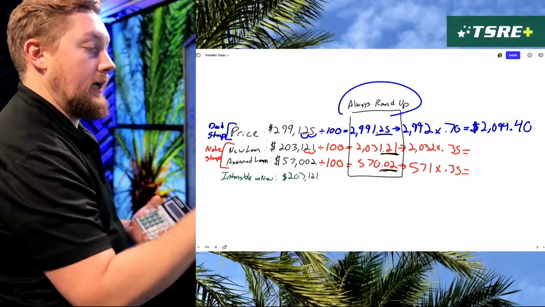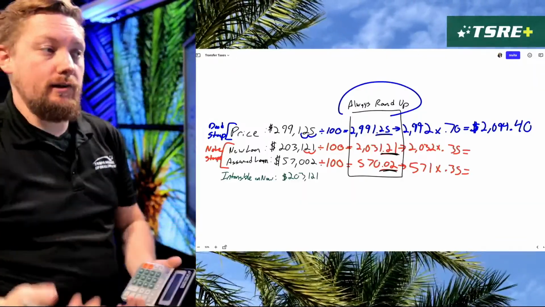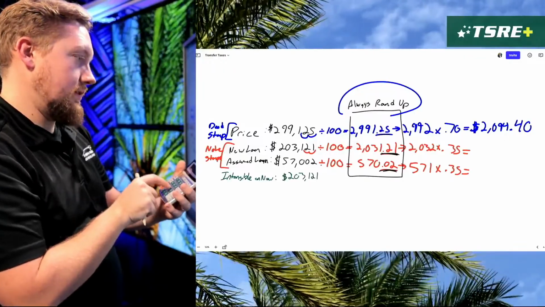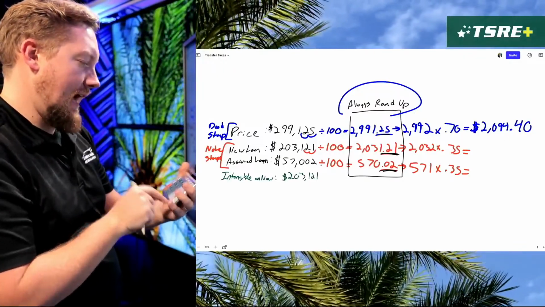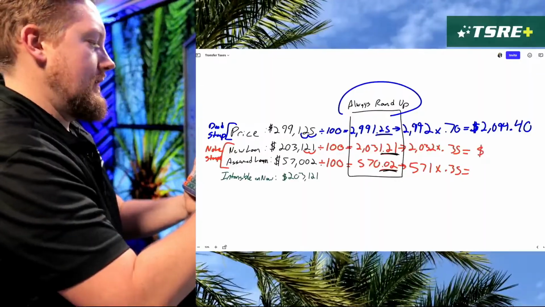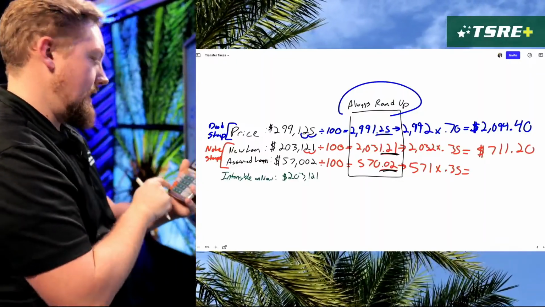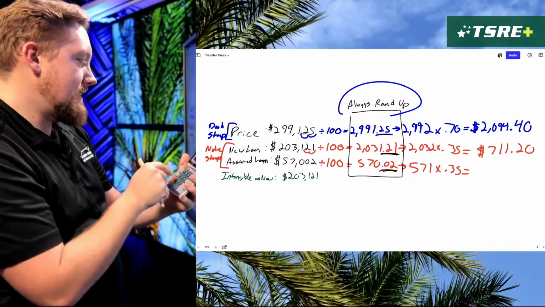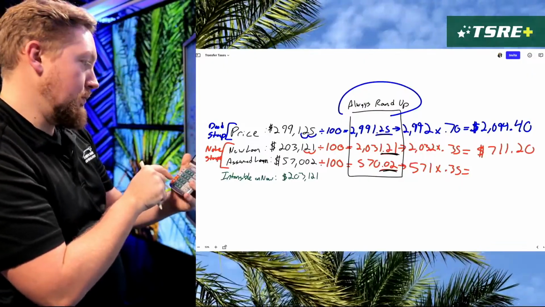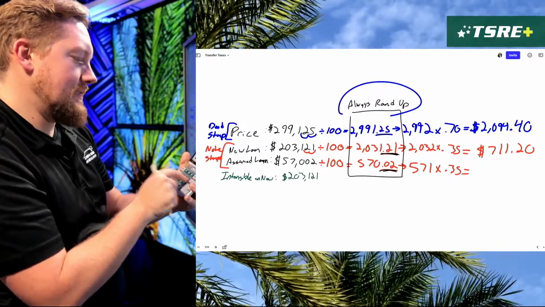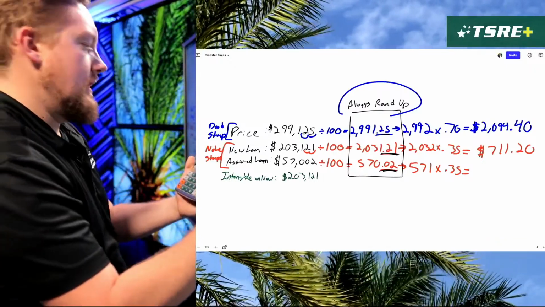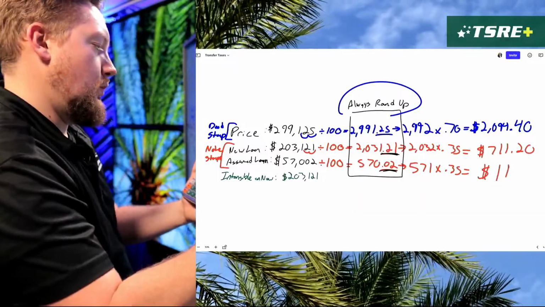And we're likely going to have change for each one of these here. So let's go ahead and do 2032 times 0.35. That gives us $711.20. And then finally, for our final stamp on the note for the assumed loan, we have 571 stamps times 35 cents. And that's going to give us